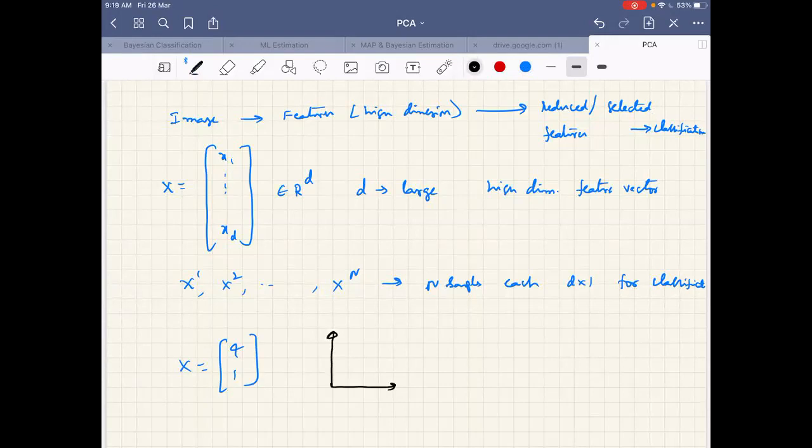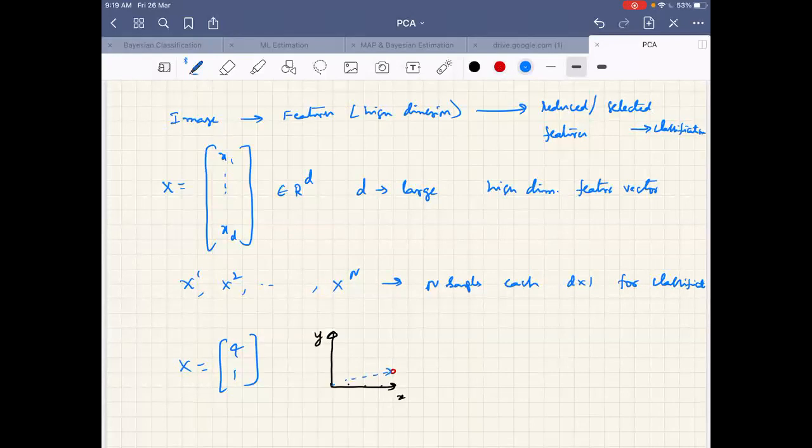This is the x-axis and y-axis. Now this feature data sample will be at 1, 2, 3, 4, and 1. This is the data sample. If you want to write it as a vector, you can put it like this.